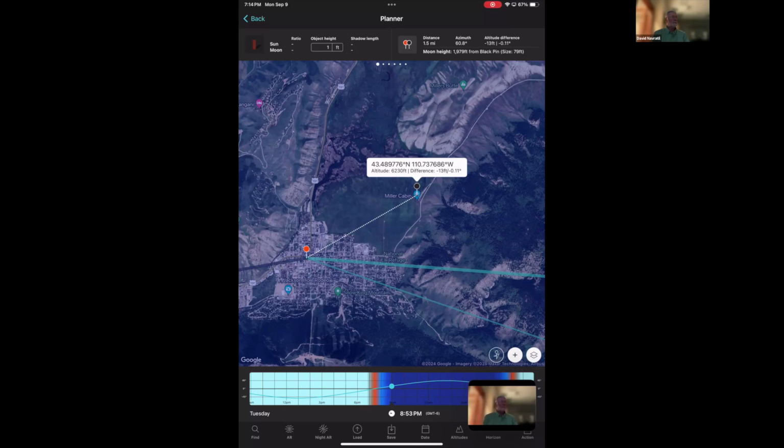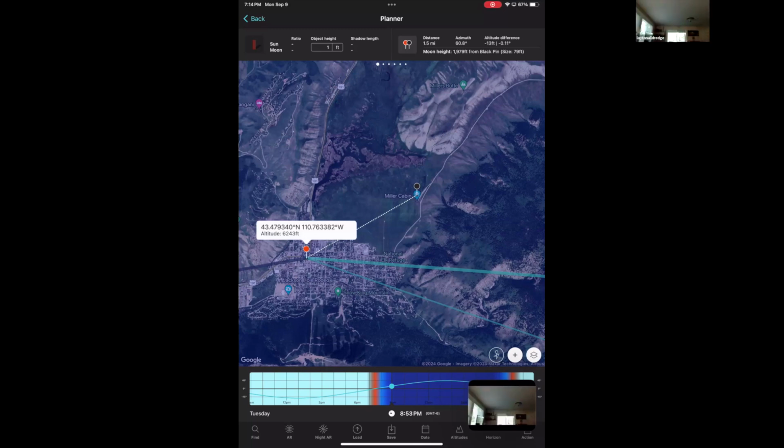So that information is available. It's also available on the red pin. Tells you what your altitude is and what your coordinates are. Okay, so if you wanted to take a picture of the moon on September 17th over Sleeping Indian,